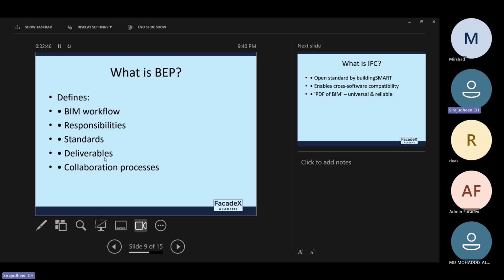Some clients may need IFC format, some need NWC, the Navisworks format, and the drawings. Regarding the drawings, the client may need DWG format with PDF. So all these kinds of deliverable requirements will be outlined in the BIM execution plan, and also the collaboration